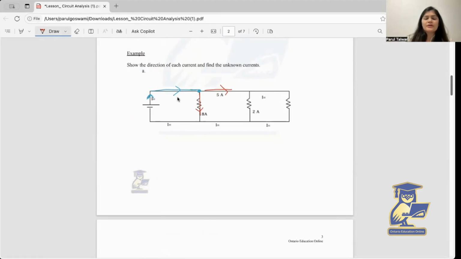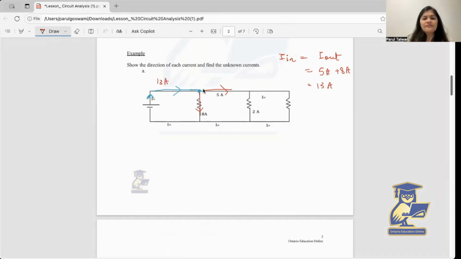So what would be the incoming current? It would be the summation of 5 ampere and 8 ampere, because we know that I incoming equals I outgoing. So the outgoing current from this section was 5 ampere plus 8 ampere, so it will become 13 ampere. So we started with 13 ampere of the current. In this section of wire, we have 13 ampere of current.